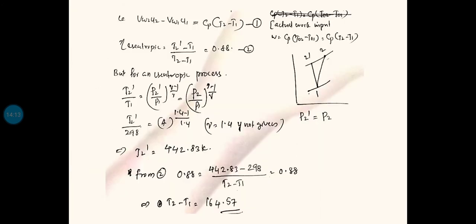Now since the work factor is assumed as 0, we will get Vw2 U2 minus Vw1 U1 equal to Cp into (T2 minus T1). Here I am taking the static quantities. Since the static quantity T1 is already known to us, if we can somehow identify T2, then it will be easy to substitute in this equation. So that's why I have used this relation.